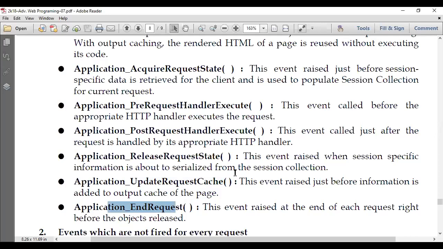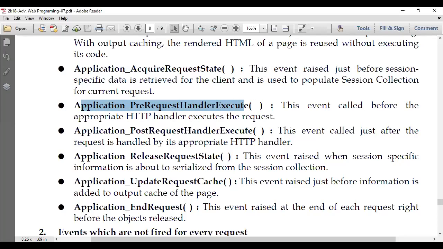When we use session tracing, if we have included the global.asax file in our application, there will be all the information about these acquire state, request handler state, and everything. Even if we have nothing to do, the application raises those events. So that means in global.asax files, we can write all these events. So in an exam, if there is a 5 marks question, explain the use of global.asax, then obviously a bit of the theory that I have told, what is the purpose, what are the security constructs, and then 3-4 methods from this particular point.